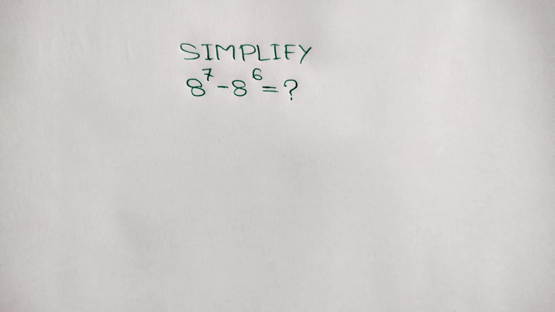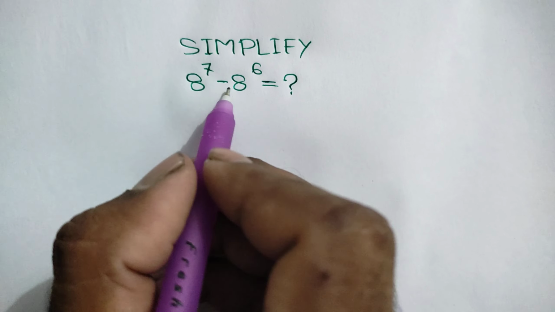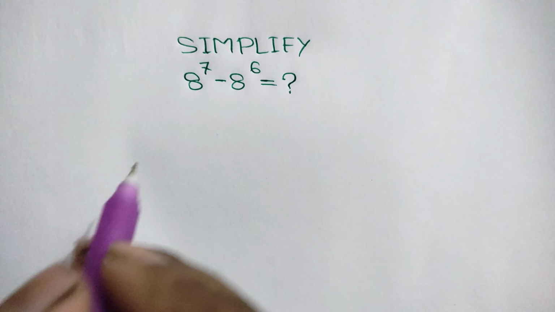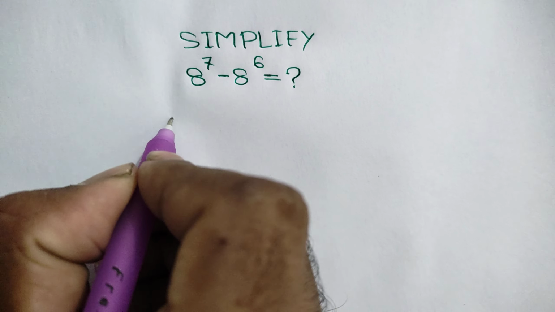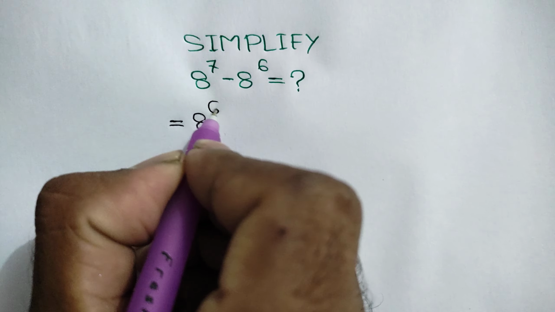Hi everyone, in this video I am going to show how to simplify this math problem: 8 to the power 7 minus 8 to the power 6 is equal to what? Calculator not allowed. 8 to the power 7 can be written as 8 to the power 6